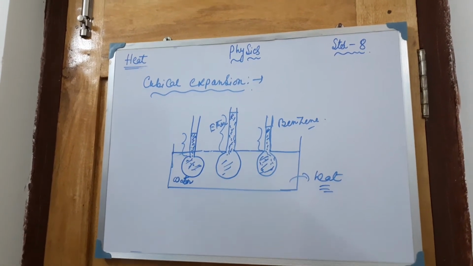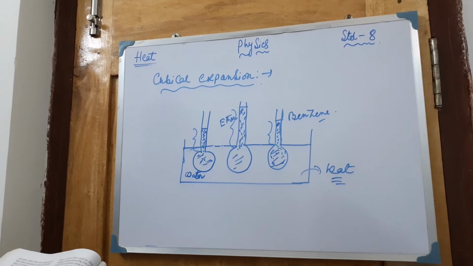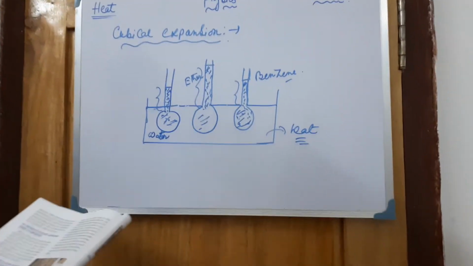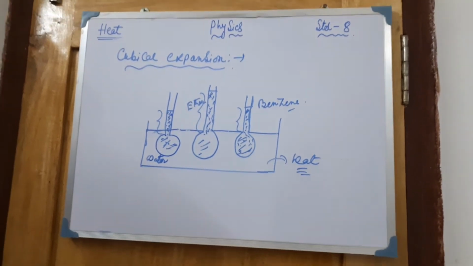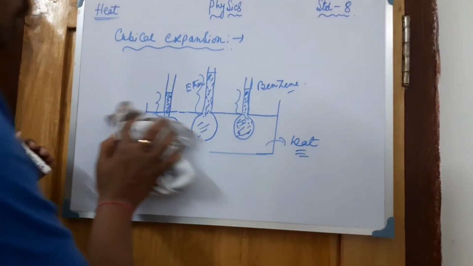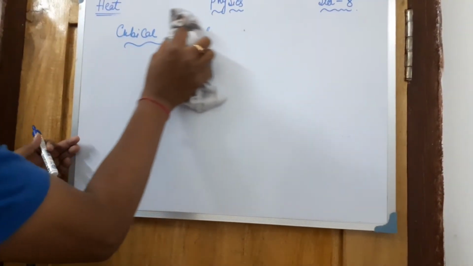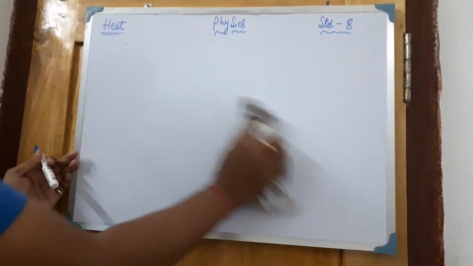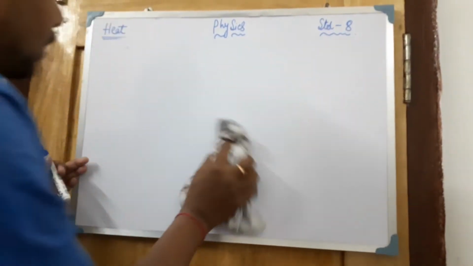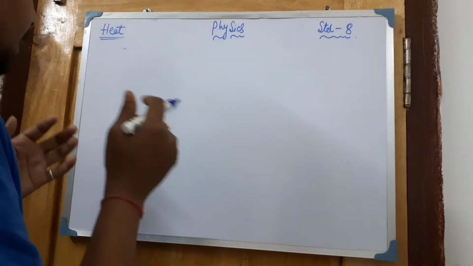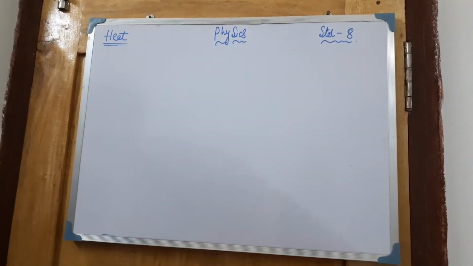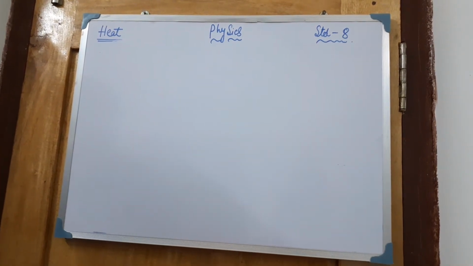Next in your book is the applications of thermal expansion in everyday life. So a few examples I will just tell you. A few examples you will try to do or try to read. If you're not able to understand, then in online class you can ask me. Examples of this type of thing, the thermal expansion, or you can say the linear, superficial type of expansion.